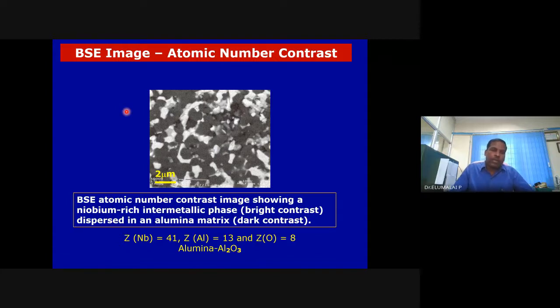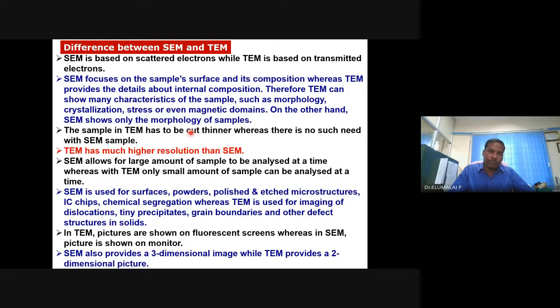And this is what I told you. So it is possible to map even nearby atomic numbers. Okay, aluminum and niobium can be mapped. Bright spots are one material, gray spots are another material, using backscattered electrons. It is highly dependent on the atomic number: the intensity of the backscattered electrons depends on the atomic number. Very important point. 1 and 2 are different. 20 and 21 are different. You'll be able to map it. I think I have spoken descriptively so far. You can see this.